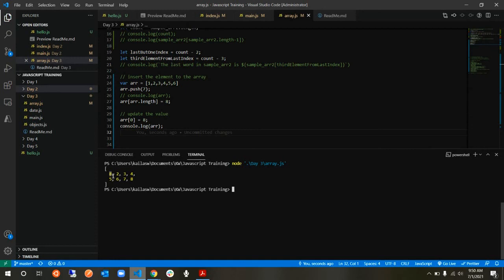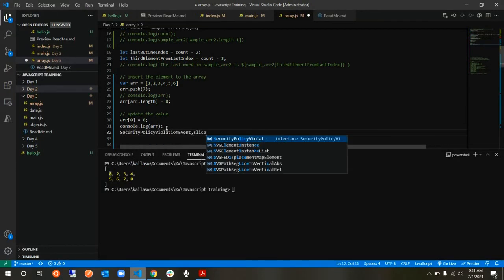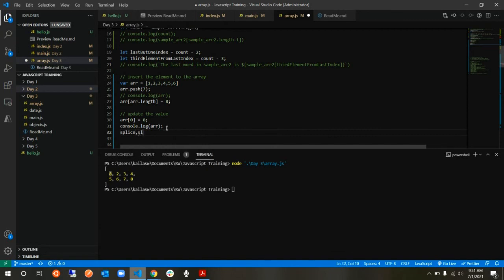So we learned about how to delete and perform certain other operations on arrays. If I want to insert something in the middle, that is what we will try to do, those kinds of operations, starting tomorrow. But meanwhile, I want you to go ahead and read about what splice is, and slice. Go ahead and read about these two and see if you can practice them. Otherwise, we'll try to do them.